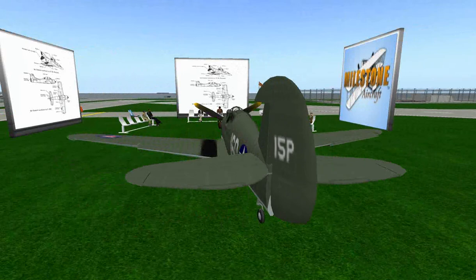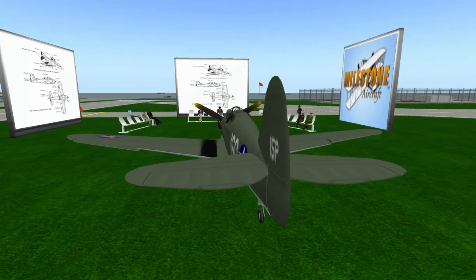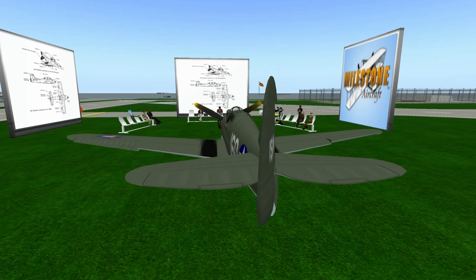Now you can see rudder moves left and right. Okay, so let's say we're making a left turn. Well, we want to kick our left rudder, and you'll notice that the rudder changes directions, and it's actually